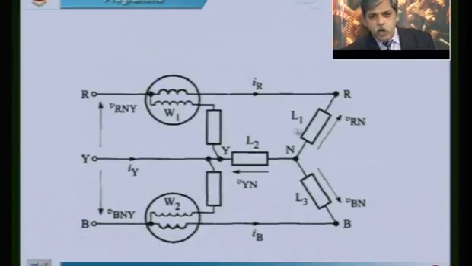Now this voltage drop is because of the current flow through the resistor of this load 1. So when IR flows, because of the impedance there will be a voltage drop VRN. Similarly here I have the line voltage VRY, R to Y, which we can also write as VRY. Because I am using lowercase letters for the voltages, these are all instantaneous values.